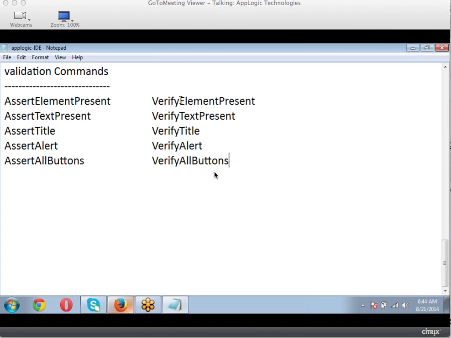These are validation commands. So today we will be discussing more about synchronization commands. Now, these synchronization commands are mostly waiting commands, which let the tool wait for the application or an object to turn up within a stipulated time. So these are like